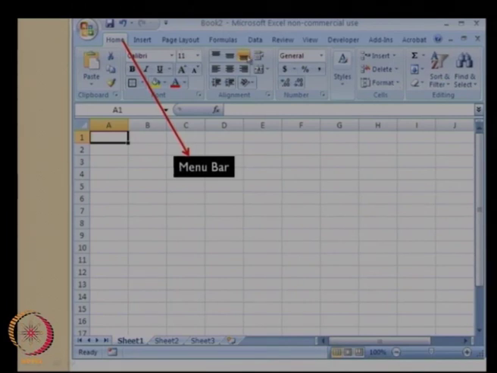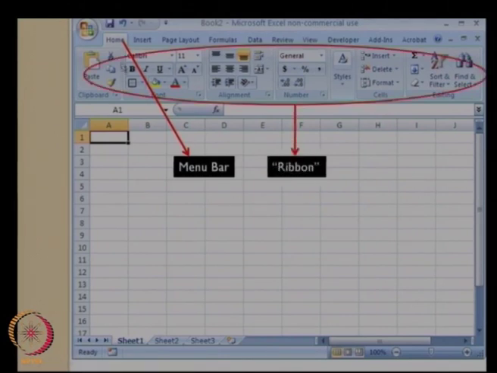The other menu that will be useful for us is the Formulas menu, and the final menu that will be useful for us is the Insert menu, when we are going to insert any figure in Microsoft Excel. This particular submenu is called a ribbon in Microsoft Excel, and this is fairly self-explanatory when you actually open up a menu bar.